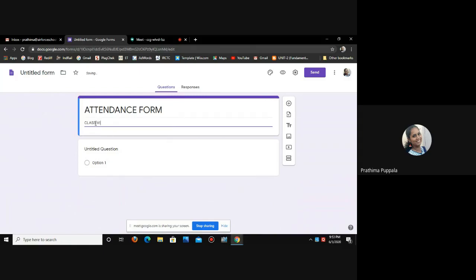I'm giving the class name here because you're going to send these links to different classes. If you prepare different attendance forms, along with this description of different classes, it is easy for you to identify which class you made the form for.